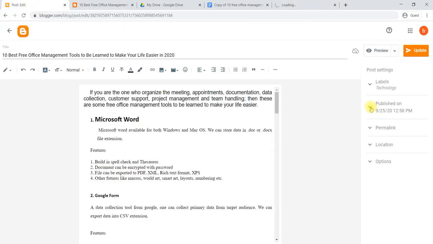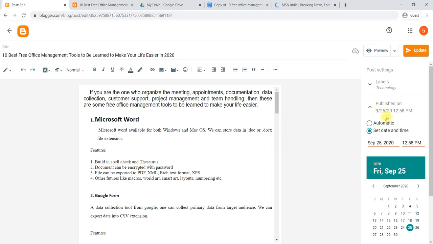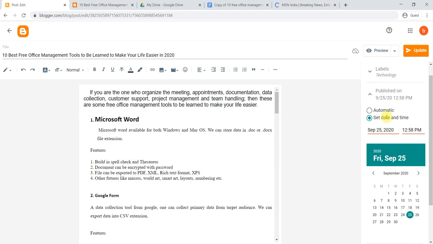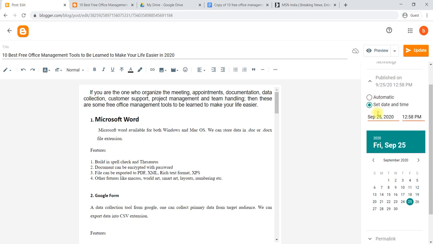Next is Published on. Published on is nothing but when you publish the post. If you select automatic, it will post automatically. In the sense, when you have edited and said publish or update, it will automatically update. Otherwise, you can give the date and time also.